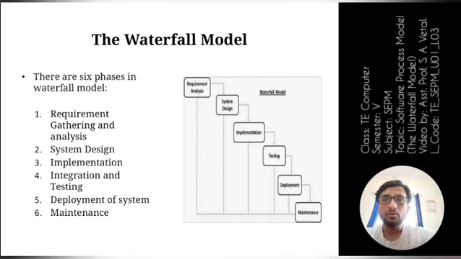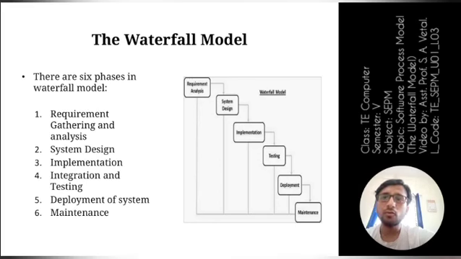Means once you have completed the implementation stage, then you cannot go back to the system design. At every stage, once the first stage is completed, you can move forward to the next stage, and once you have completed that stage, you cannot go back to the previous stage. That's why this model is called the waterfall model.